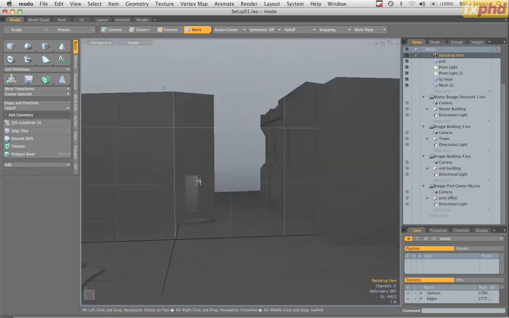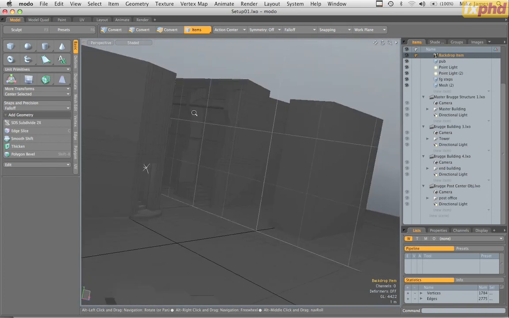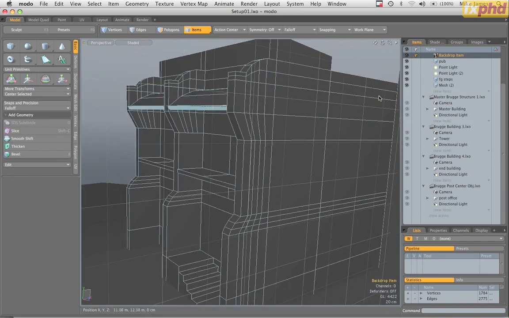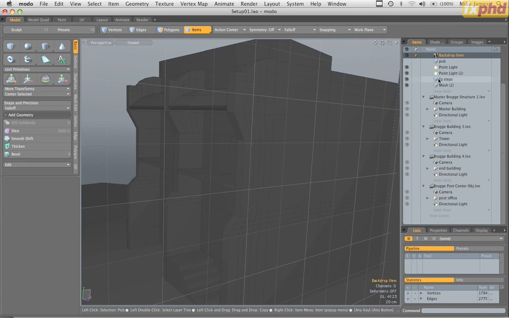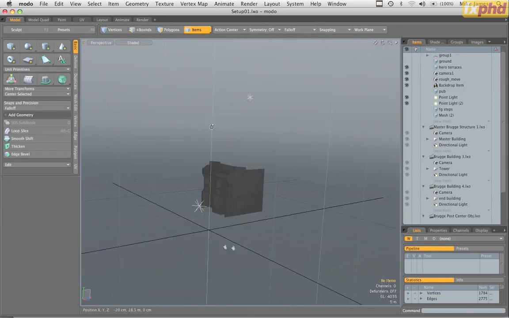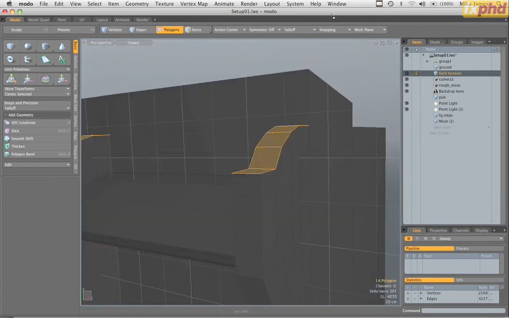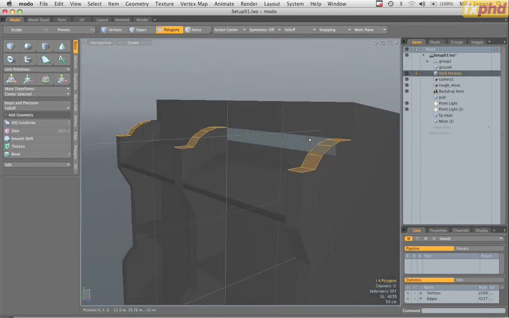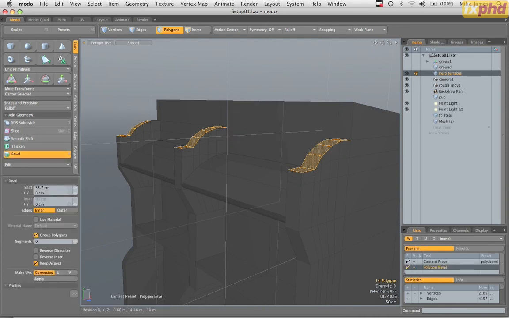So you can see the difference in detail. I mean, I've still got a lot to do here. Now, what I wanted to show you guys was some of the neat tricks in Modo for detailed modelling. So I'll turn off the other stuff at the moment. We don't need it. Let's concentrate on this. Okay, so say you wanted to add some bevel details to the top of these columns for starters. Hit the bevel tool, and normally, we've got a profile already